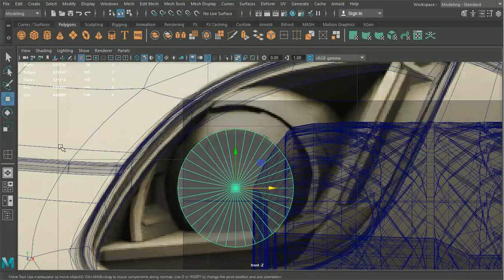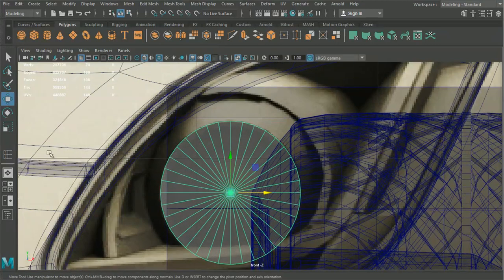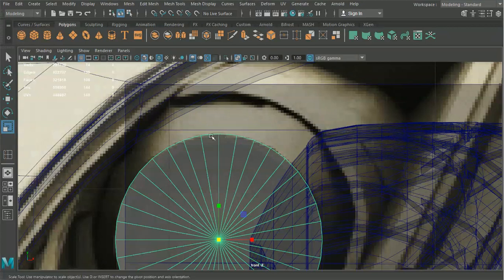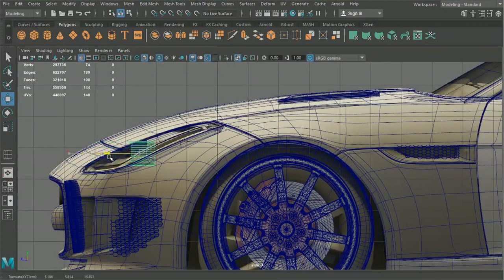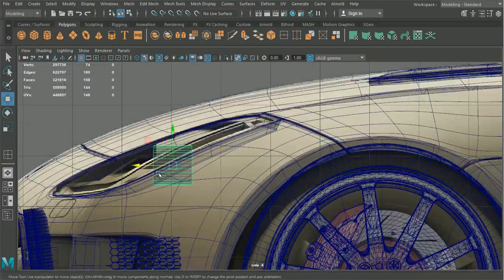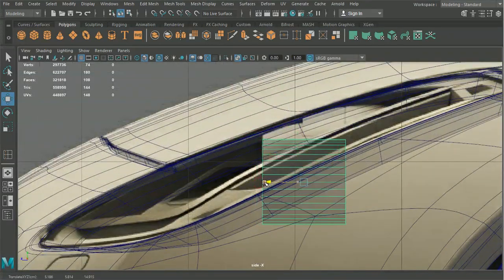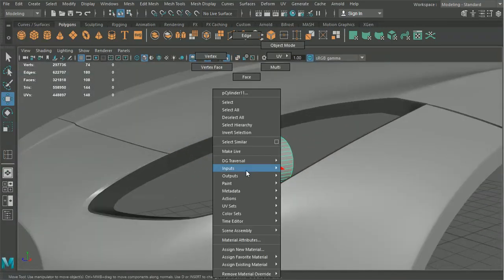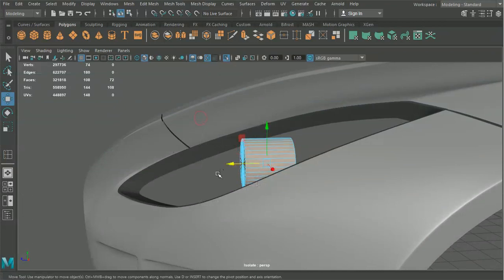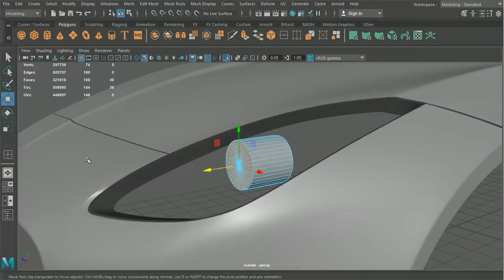So it looks like this is going to be done in a few levels. So what I'm going to do is bring this up so it's touching the outer portion of the light there, the actual kind of bulb area. Let's bring this into position here. Now, what we're going to want to do with this is grab all of these frontal faces,